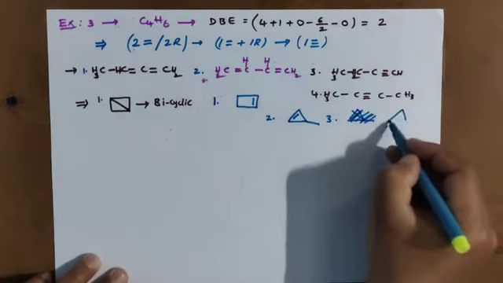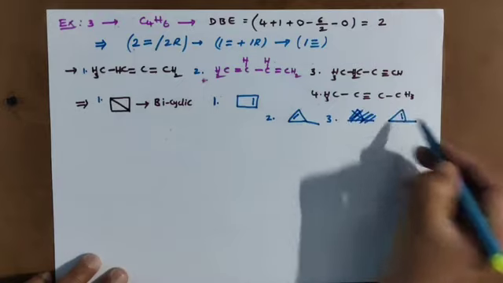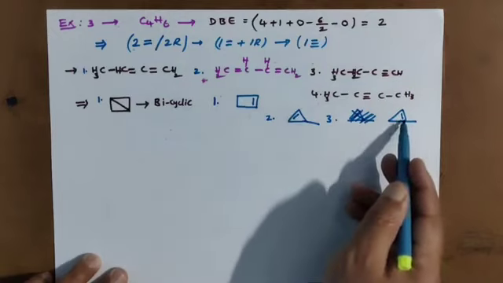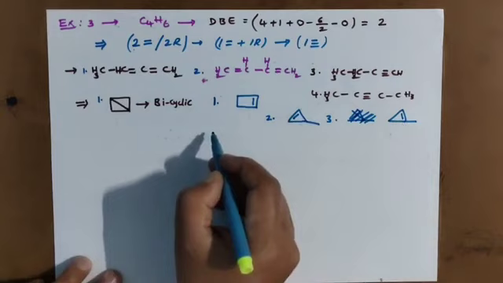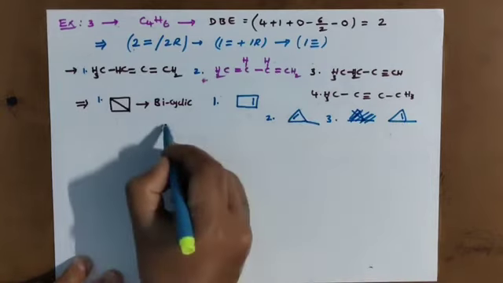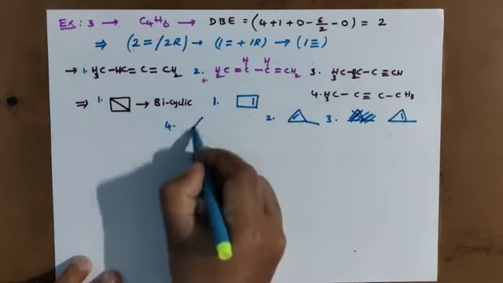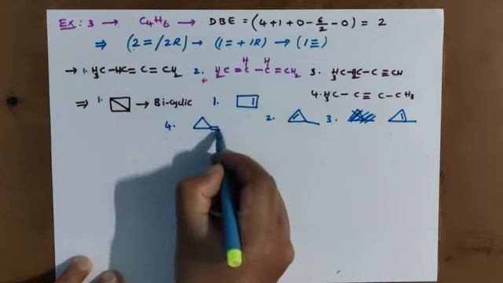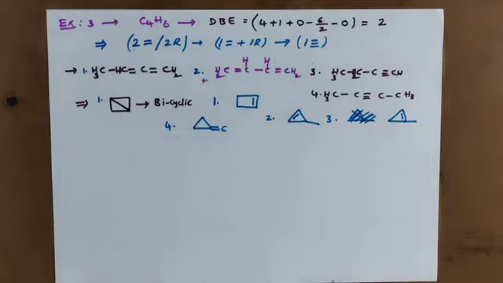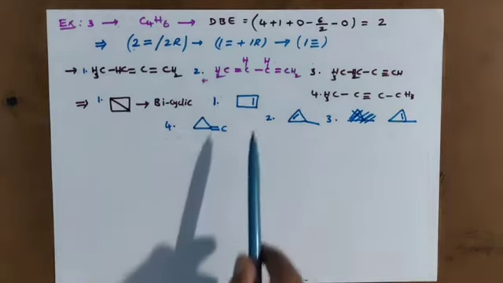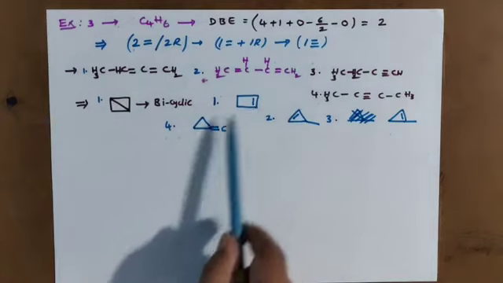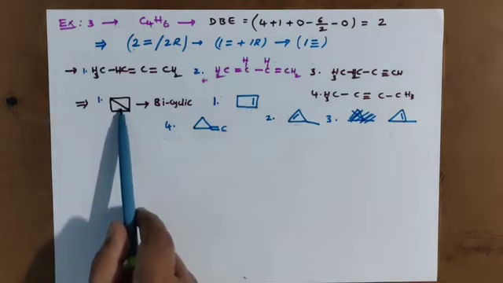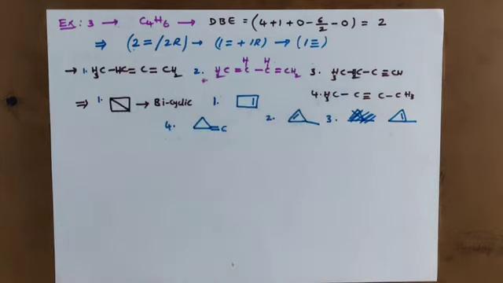This is possible here now. Clear? Here we have a double bond, and here we have a double bond. Another structure is also possible. The 4th structure I am drawing here: a 3 carbon cyclic chain, and on this carbon I am taking the double bond. So how many cyclic rings with a double bond did we get? 1, 2, 3, 4 we got. With the 2 rings, 1 we got, 5.